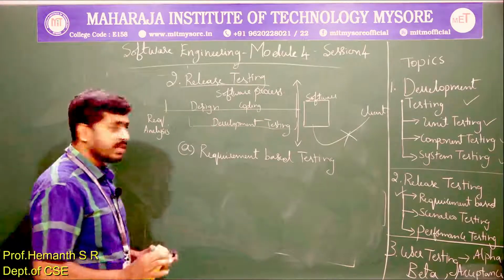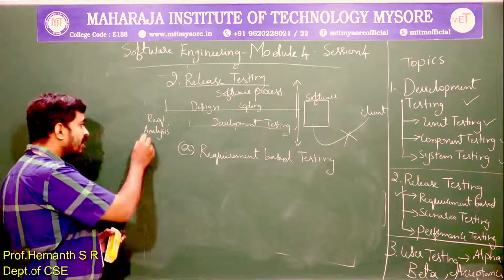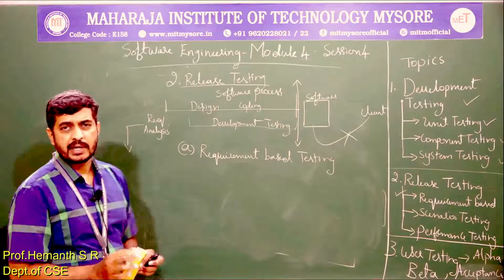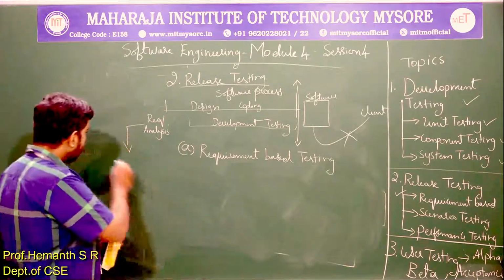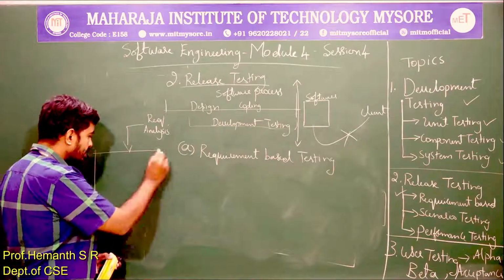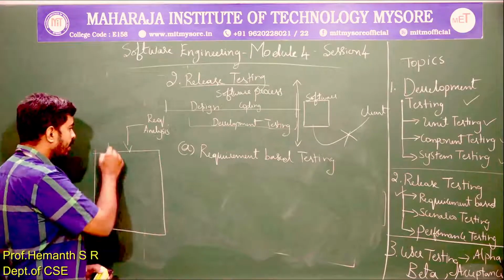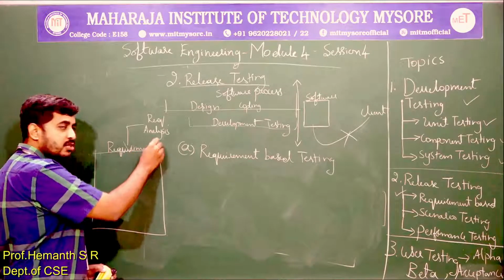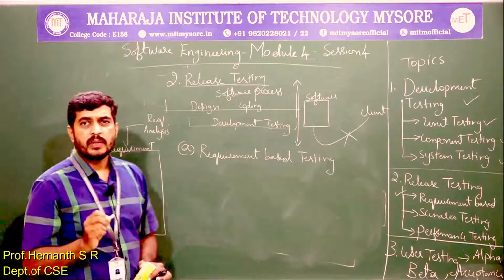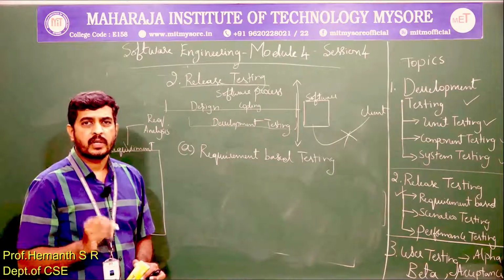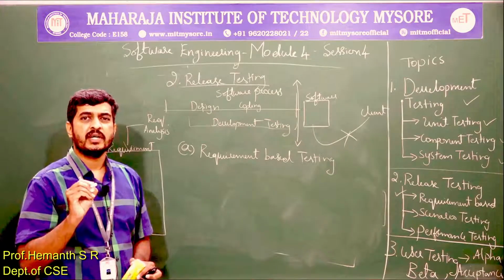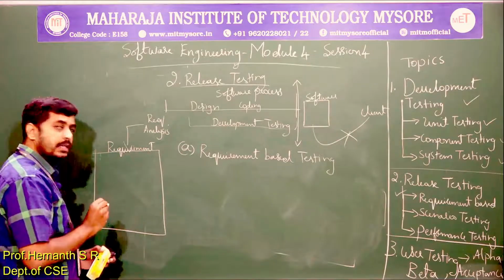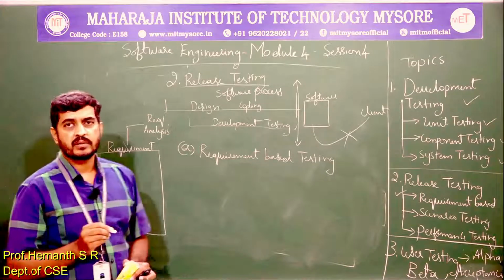So already I mentioned all the requirements of the client will be documented during requirement engineering and analysis. All the requirements will be documented here. Requirements are there in the document. We had also understood requirements will be given with numbering. There will be a unique number for each and every requirement. For example, I will consider the patient monitoring software.